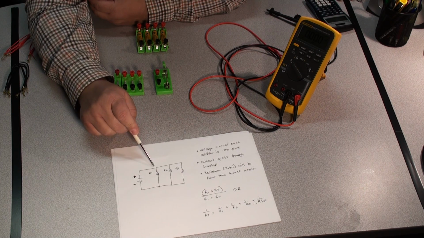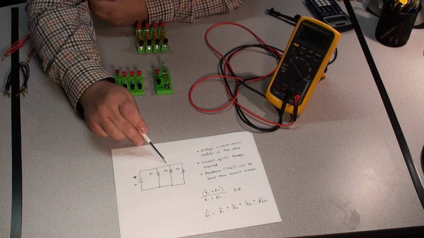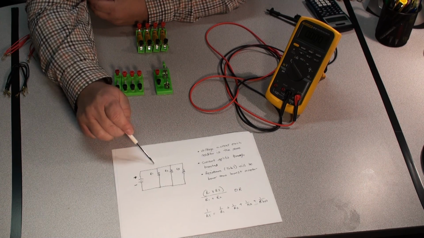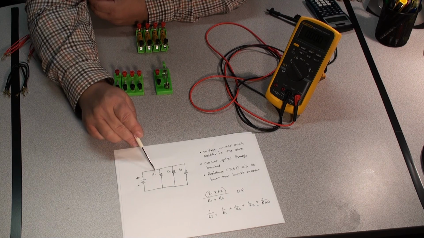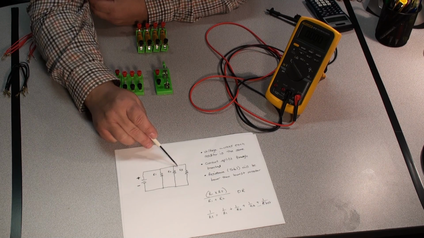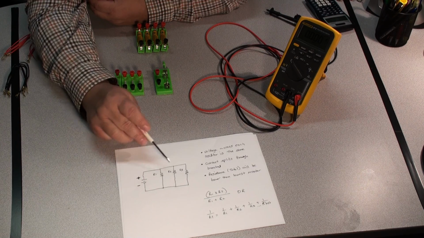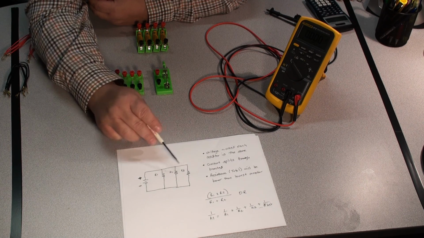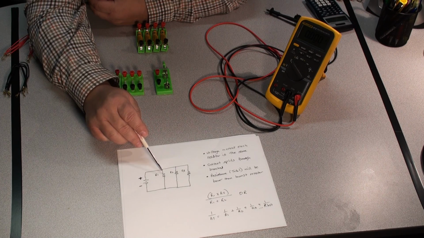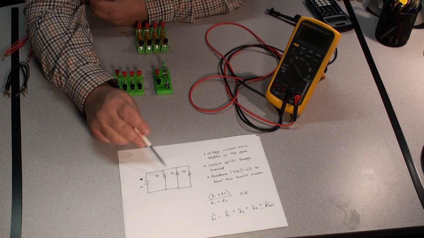Now it might be significantly lower, or it might be just somewhat lower, but it's going to be lower than my lowest value. So if I had a 50, a 25, and a 15, my overall resistance would be lower than my 15. And it doesn't matter about the order. I could have a 20 here, a 15 here, and a 50 here, and it's still going to be lower than 15